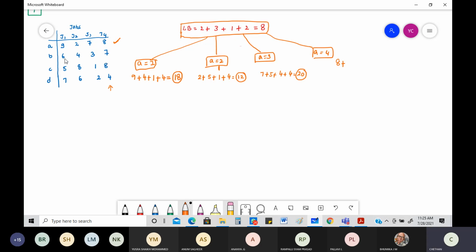So what is going to happen? All other things you check. Between these 3 columns, you need to figure out the minimum value. 5, 4, 1. Okay, 5 plus 4 plus 1. That is equal to how much? You get the 8 plus 5 plus 4 plus 1 is very much equal to 18. What is the meaning of this?